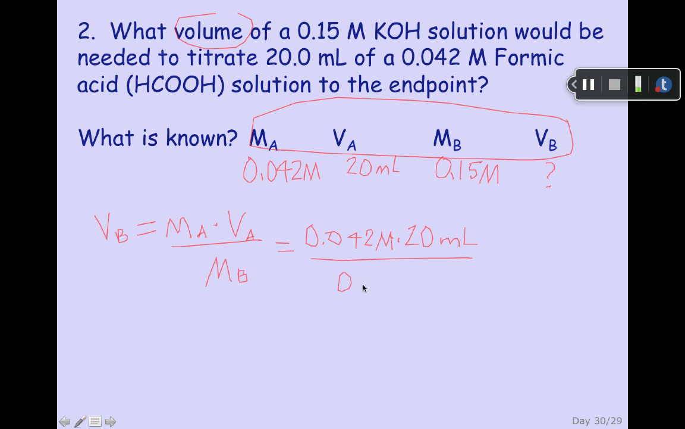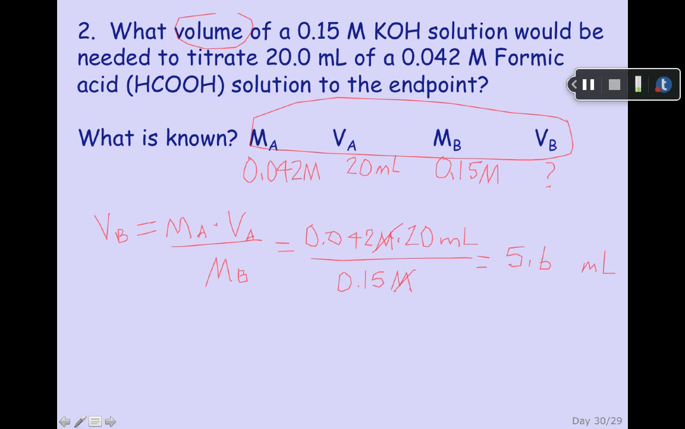On the bottom is the molarity of the base, 0.15 molar. And again, what will cancel is something we should always check. The molarity should cancel, and the answer better come up to be milliliters. So we'll calculate the number on our calculators, pull out yours and check it out. I'm going to calculate mine too. Pause your recording so you can do it. The answer I get is 5.6 milliliters,